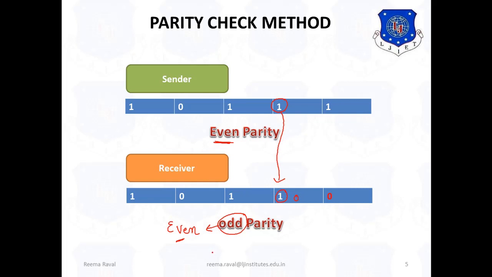So the receiver will understand that the data is received correctly, but that is not the case, because here 2 bits are changed. So parity will be unaffected, right? This is the biggest drawback of this system. In the parity check method, if only a single bit error is there, then it may be useful, or it may be useful in a system where the error probabilities are low. Okay. Now next, checksum method.